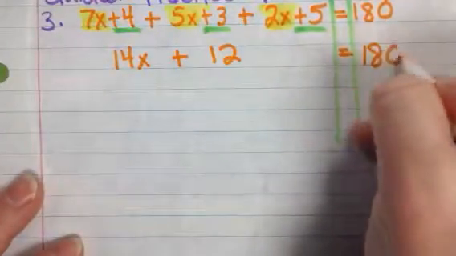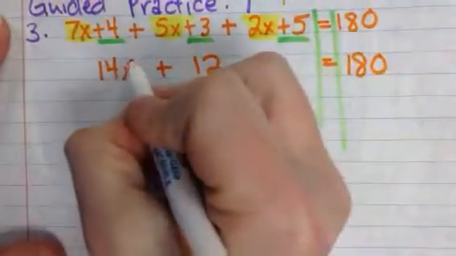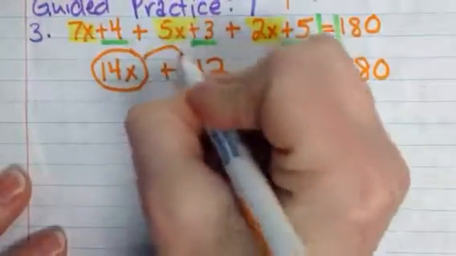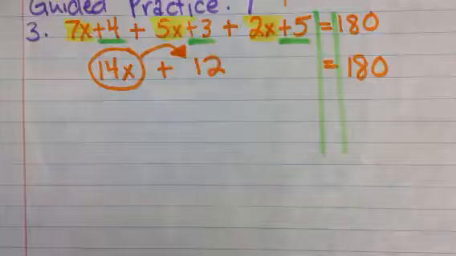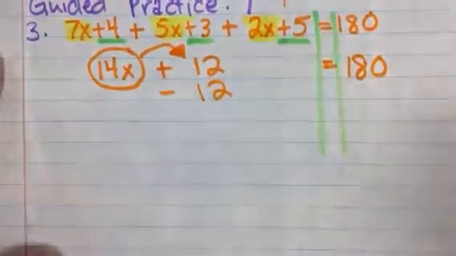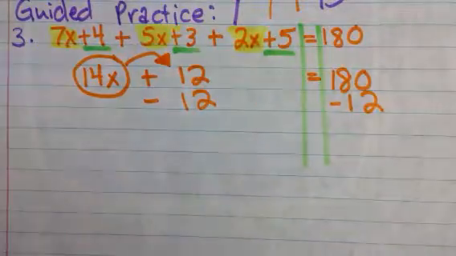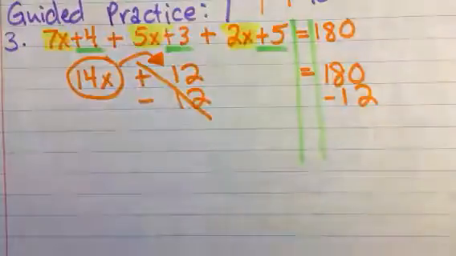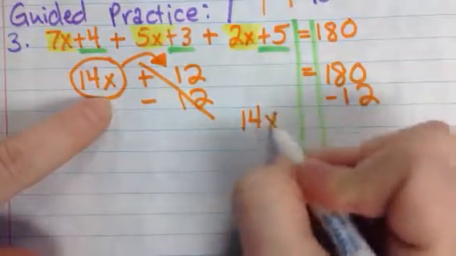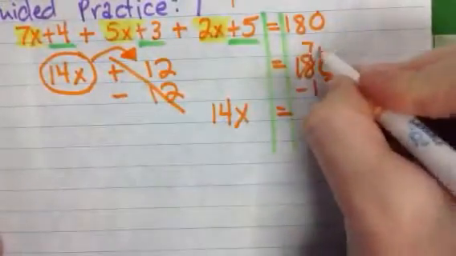So I'm going to go grab that other side. I want to get the variable x to be all alone. Right now it's connected to the 14, so I leave that for last. If there's something beside it, I need that to move right now. There is a plus 12. To make it go away, I need a minus 12 on both sides to keep the equation balanced. Cancel your positives and negatives. So I'm going to bring down on this side, I still have 14x. I work this side to get